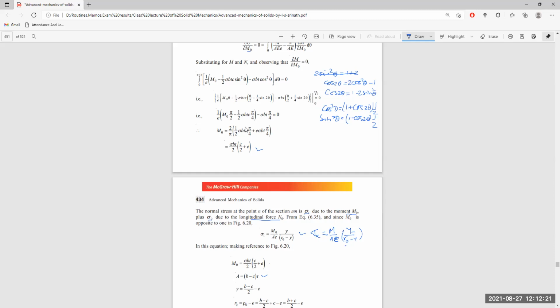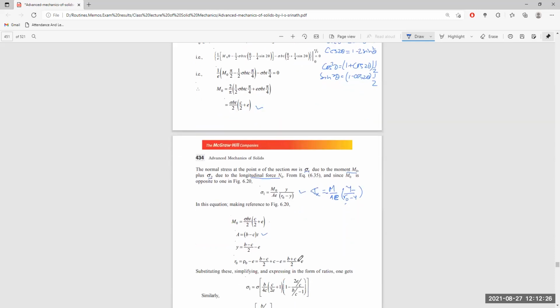Now, what do we do? R0 is rho 0, and R0 is the distance of the neutral axis to the central axis. So the central axis is given as R0 minus e, and R0 is b plus c by 2 minus e itself, plus c minus e. If you substitute all these important values, M0, A, y, R0, etc., in this particular expression,